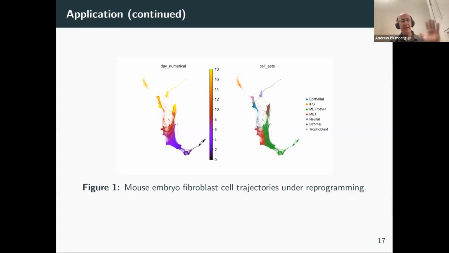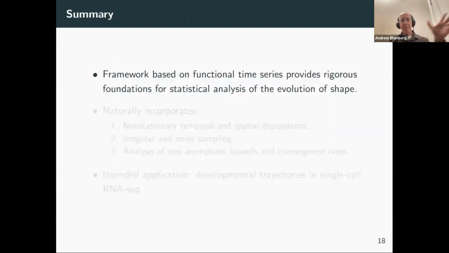We're looking for things like dependency structures on the moments of these things, and that's often in these contexts not going to be visible to the eye, or you'll see things that are visible to the eye, but that'll be an artifact of the dimensionality reduction, not an actual thing about the underlying data.